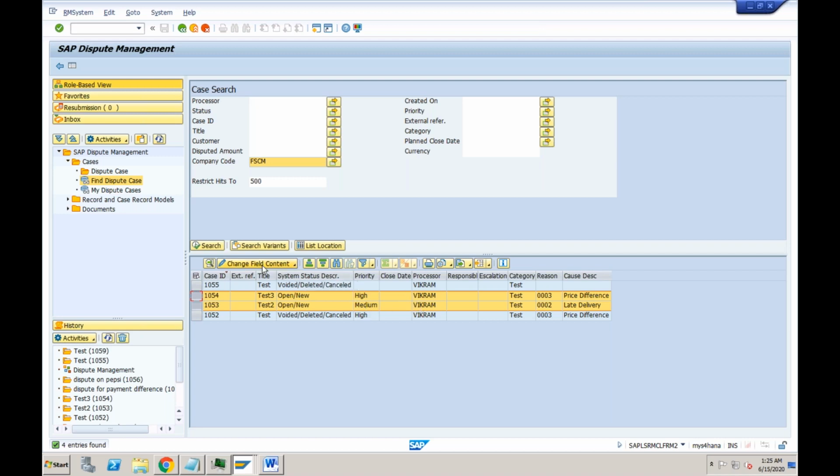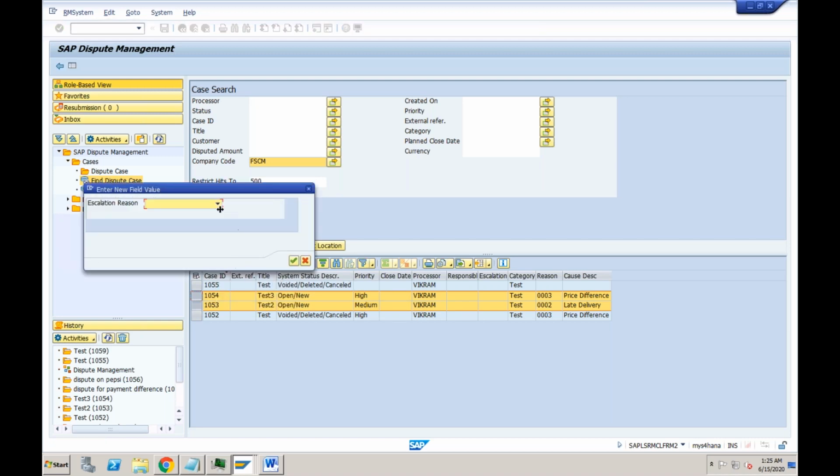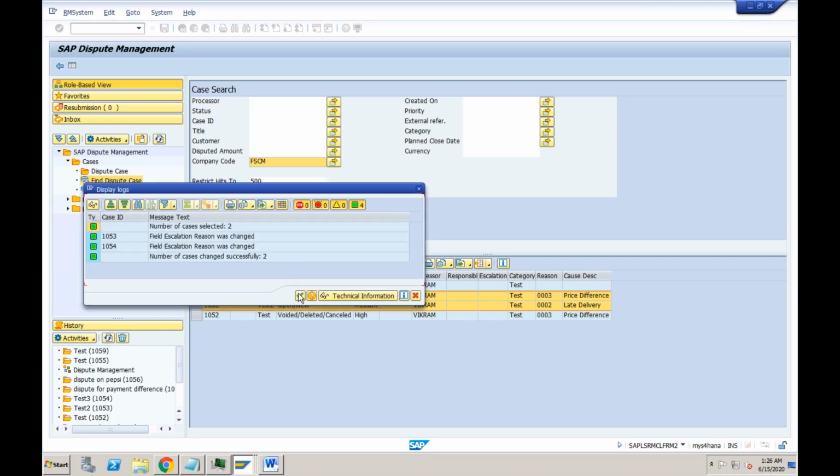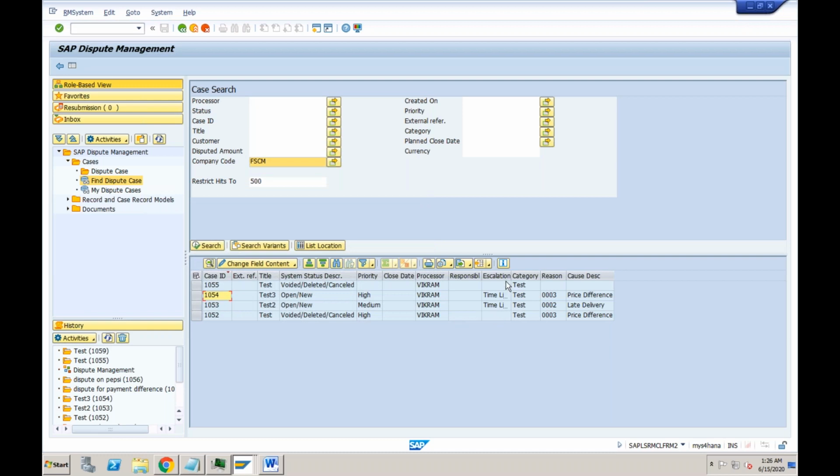I want to change the processor, or the escalation reason. So I will open this, go to escalation reason, specify whatever escalation reason I want to enter here, click on OK, and press this one. You'll be able to see the escalation reason has been changed. So this is controlling which field is allowed to be changed.